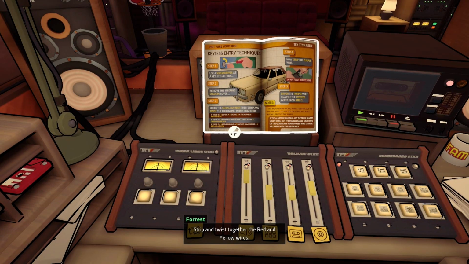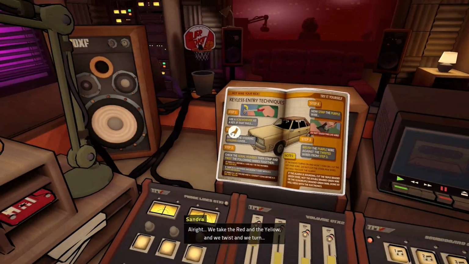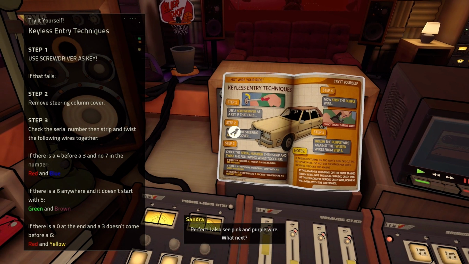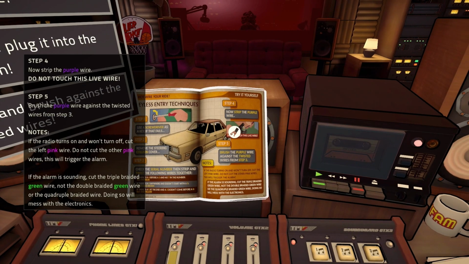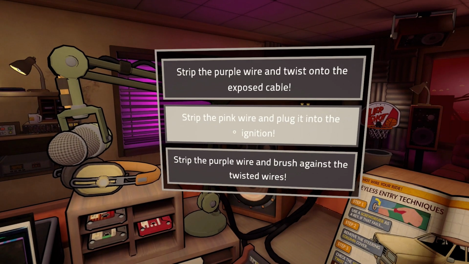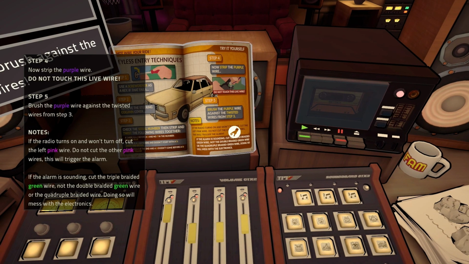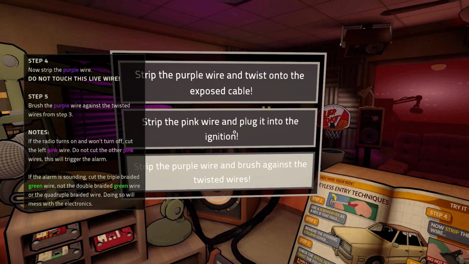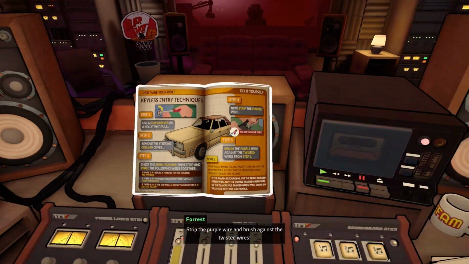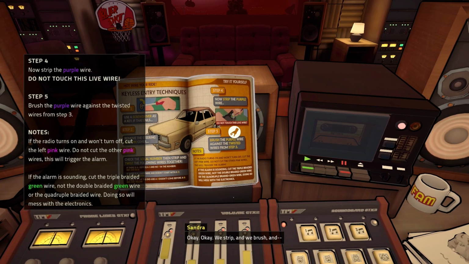Strip and twist together the red and yellow wires. All right. We take the red and the yellow and we twist and we turn. Oh, perfect. I also see pink and purple wire. What next? Strip the purple wire. Do not touch. Brush against the twisted wires from step 3. Strip the purple wire and brush against the twisted wires. Okay. We strip and we brush and...